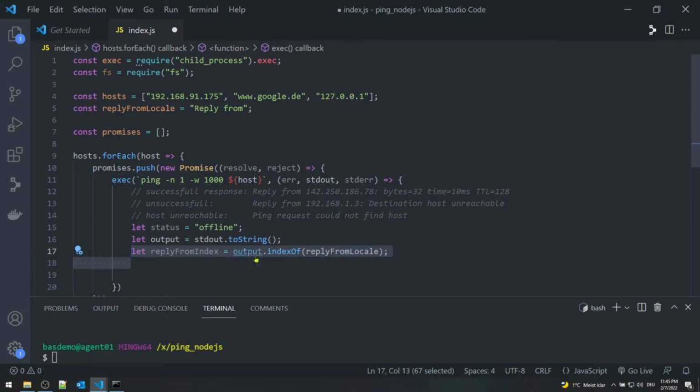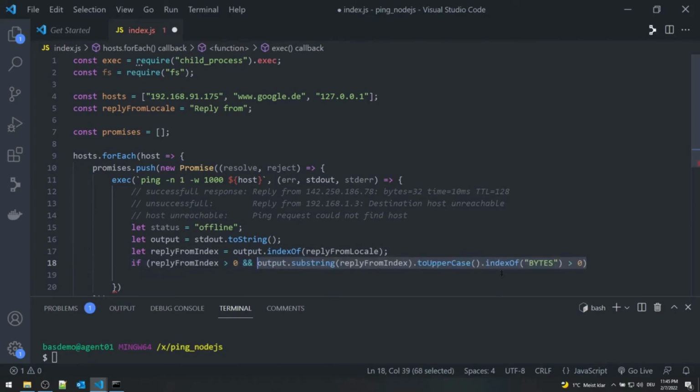output contains the reply from text. If yes, then we have to check for the